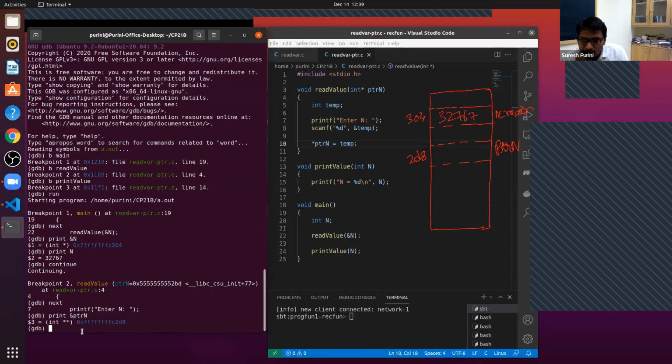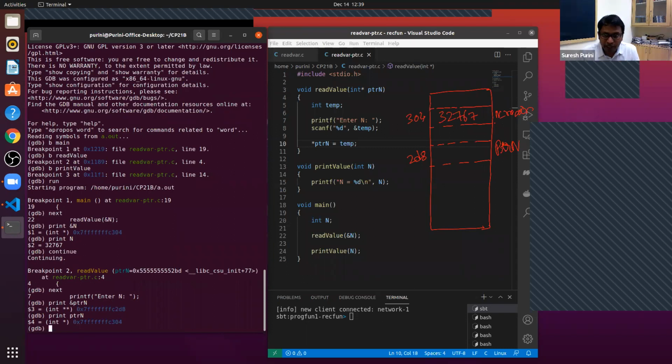Line number 22, what are we doing? The address of n we are passing. So if we print the contents of ptrn, ptrn contains the address of variable n in main. Did you see this line? These 2 lines? Does this make sense? So 304 is present.